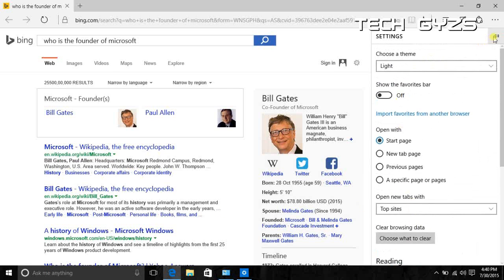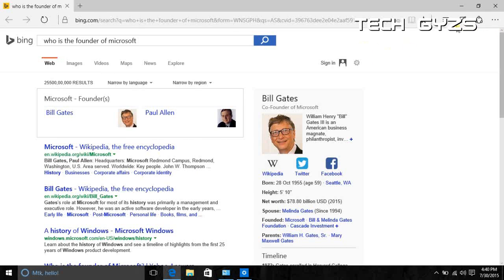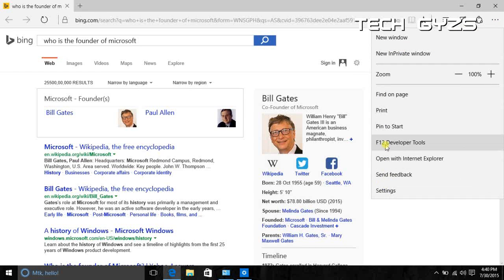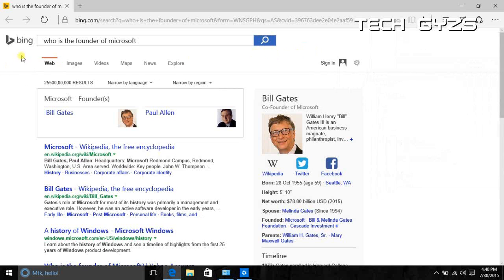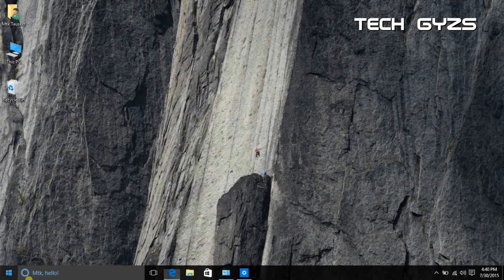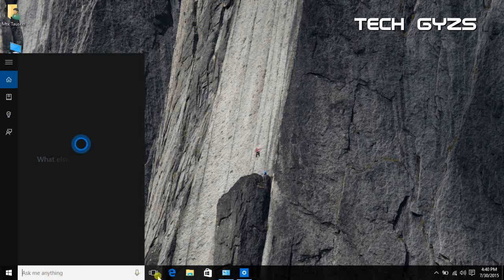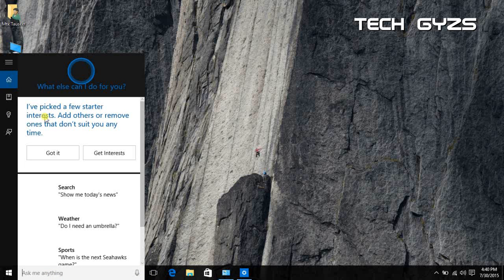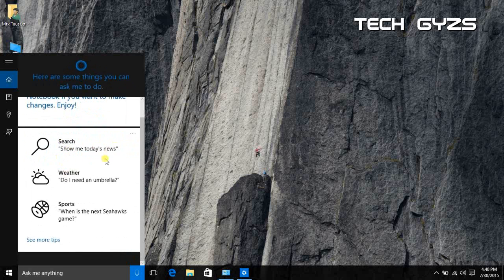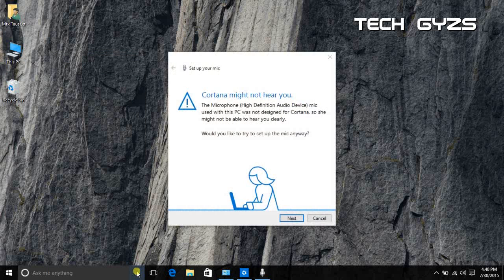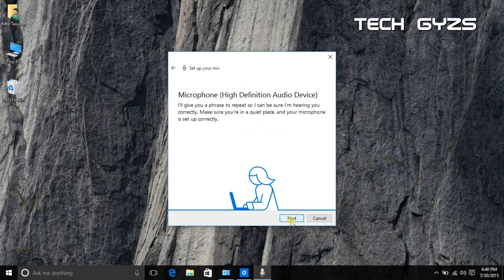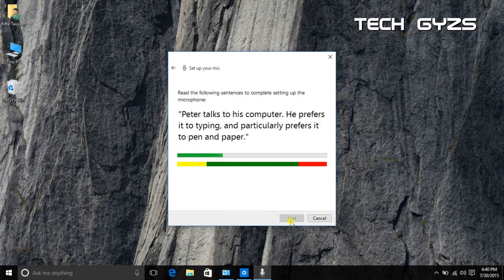So who is the founder of Microsoft? Bill Gates and Paul Allen. Bill Gates, my idol. So this is Microsoft Edge, the latest version of Internet Explorer. Internet Explorer was the ugliest, worst application that I ever used, but Edge is typically best in every manner. If you are using a touch PC, then the Edge browser is designed for the touch screen. Google Chrome, no matter what you are thinking, but Edge is best for touch screen.